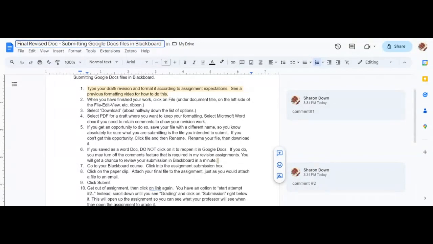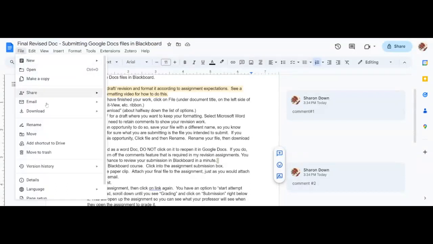The reason you want to do this is because in Google Docs, for whatever reason, if you don't name it something where you're absolutely sure what it is, you're very likely to turn in a blank document or just a template document in the online class that you got, that you think that you've saved it as one thing, but it really hasn't. So just save it as something where you're absolutely sure what it is, click Enter to save it, and then